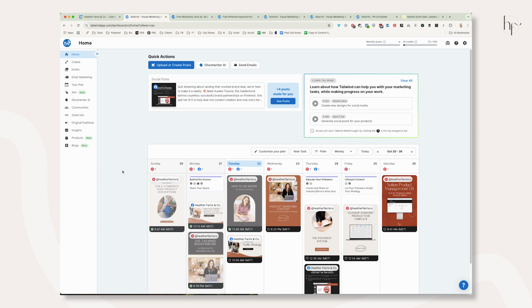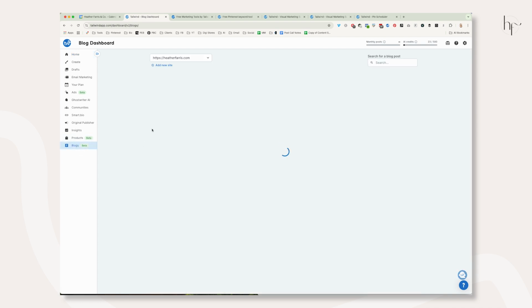The blog dashboard and the product dashboard right now are being rolled out for WordPress websites, with the hopes of getting those rolled out for all sorts of websites in the future as the development team works on them, as they find all the bugs and fix all the problems. So I actually got this feature early, about a month ago,